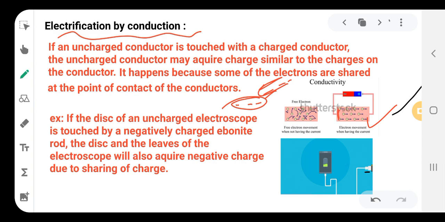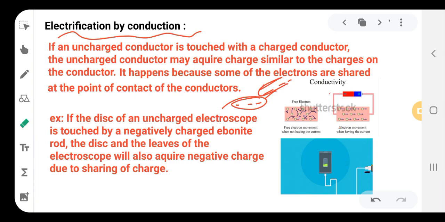So if this is any device or a metal and it is connected to a battery source, positive and negative, you can see here they all are in contact with each other, right? They are contacting with each other, hence there is flow of charges. What is flow of charges? It is nothing but the flow of current, right? Therefore this is a simple method of electrification by conduction. So in conduction same type of charges will be shared.